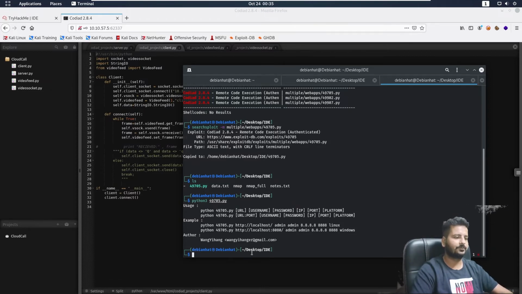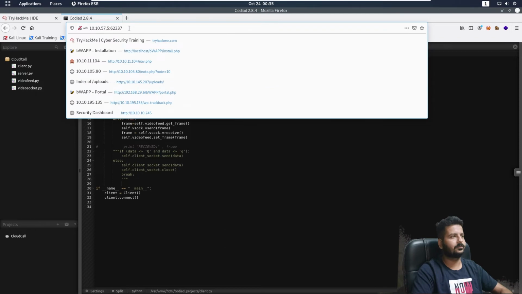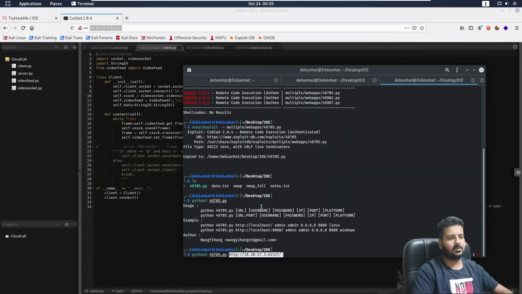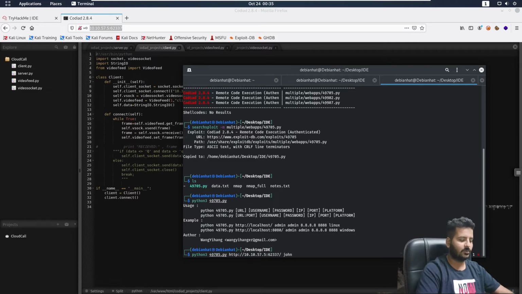So what I'll do, I will just simply type python3 49705. Let me copy the IP address out from here. There goes my IP. Okay, then username is John, password is password only. Okay, the IP address of my machine.